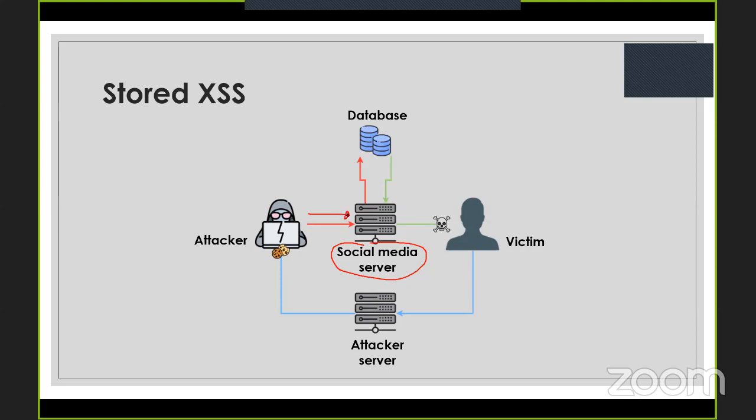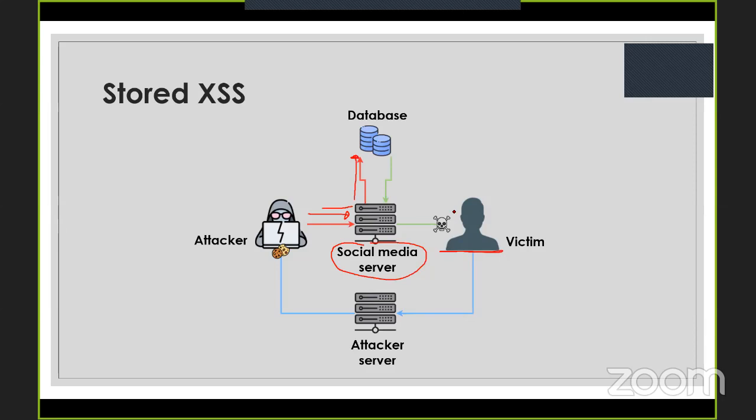So he found the vulnerability and the attacker injects the code into the server. The server has the responsibility to store the comment data, but the comment data contains the JavaScript code from the attacker. Whenever the victim stumbles onto the vulnerable comment page,